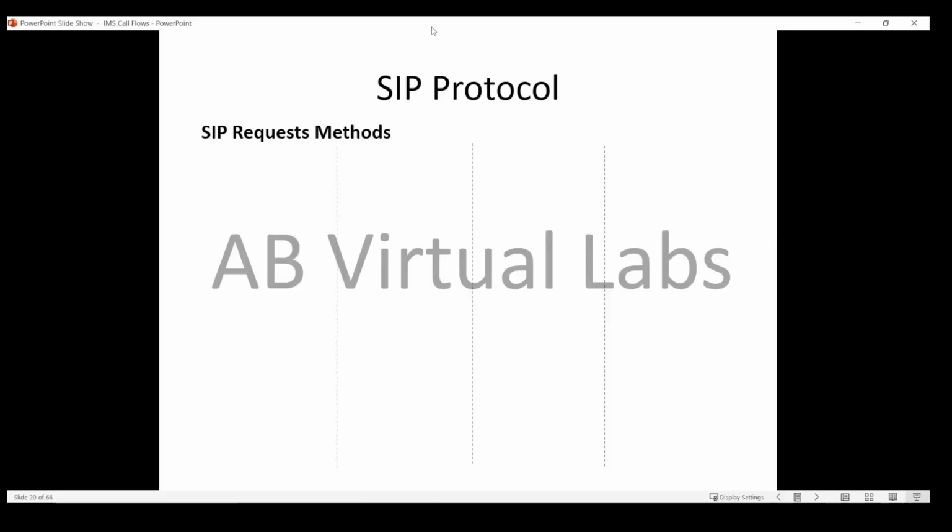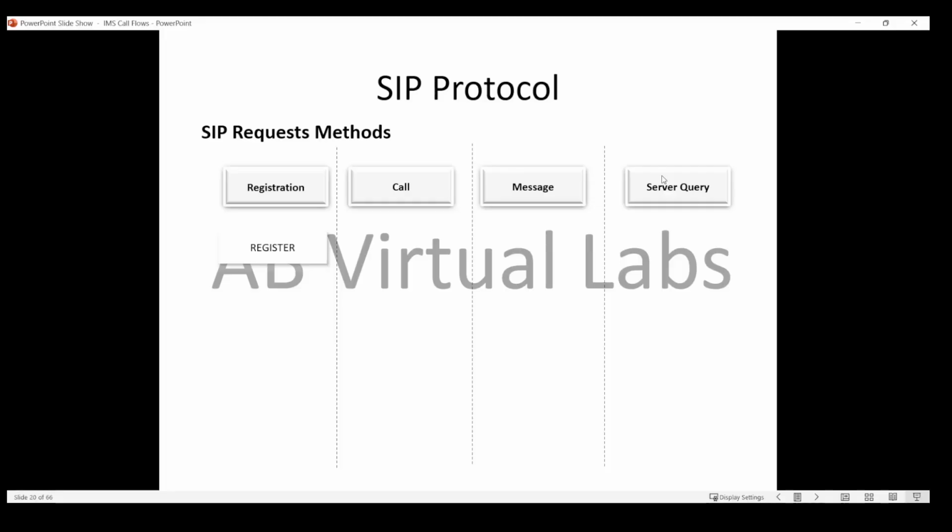the SIP protocol has different types of methods or requests. Okay, and as we mentioned, this is identified by the method. So each method is used in a certain call flow. So we have the registration where the client needs to register on a server. We have a call session between two clients. We have a message. We have a server query. So in the registration, the method that's used is the register method, and in the call an invite method is used, and for the message and server query,